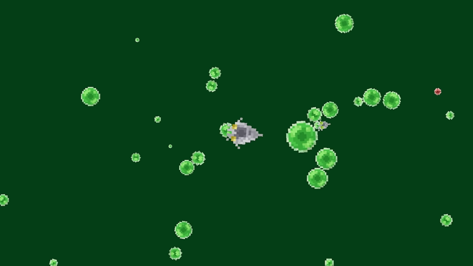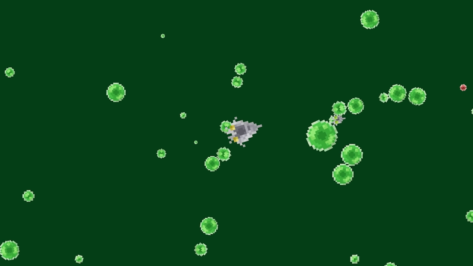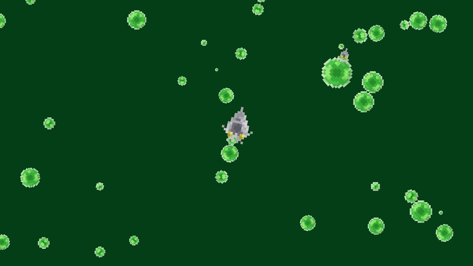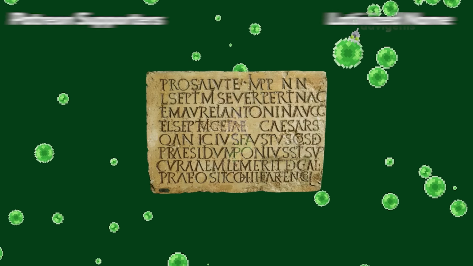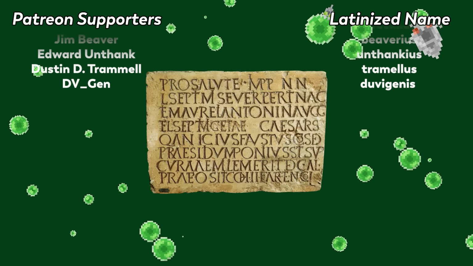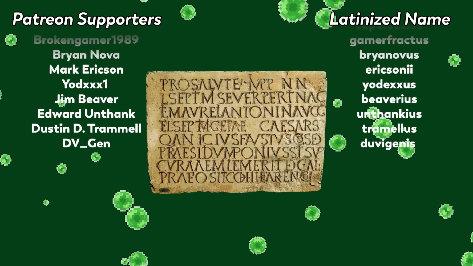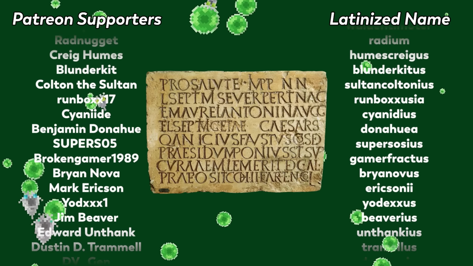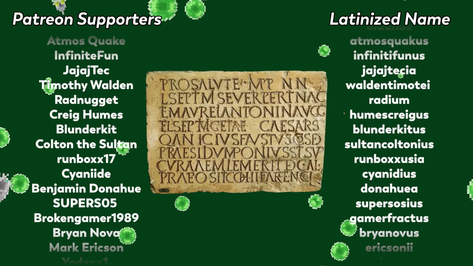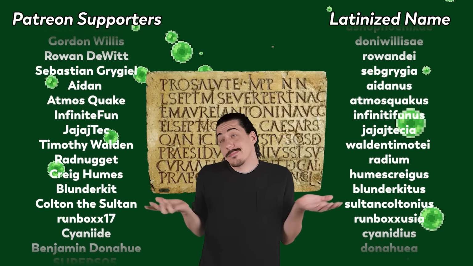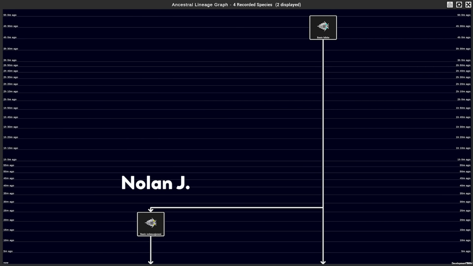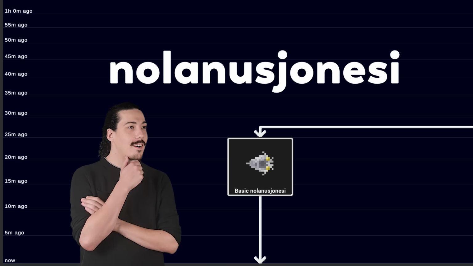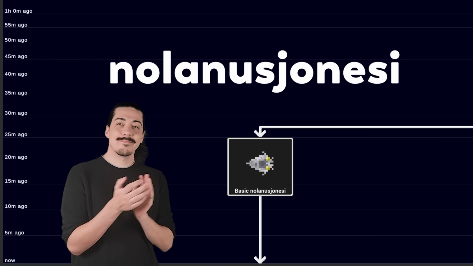For fun, and as it was a good way of getting many unique names quickly, I decided that species, by default, will be automatically named by the simulation using a Latinized version of our patrons' names. So if you've been supporting the project, ever did so in the past, or will in the future, you'll eventually find a Bibite species named after you. Of course, you can still name species yourself, but I thought it was a cute idea. In this case, Nolan J was translated to Nolanus jonesi, the first new species of this simulation.